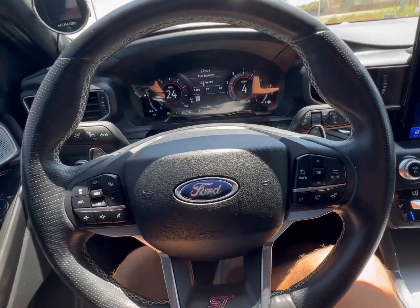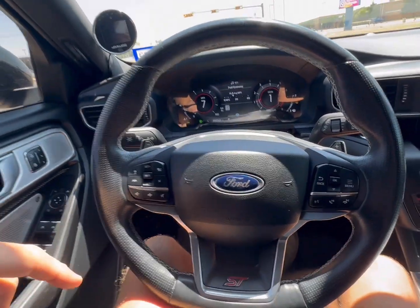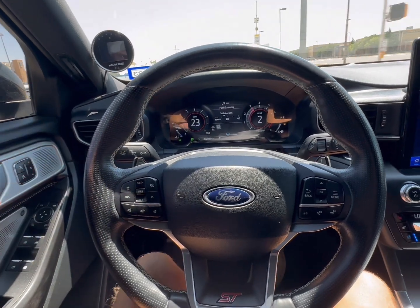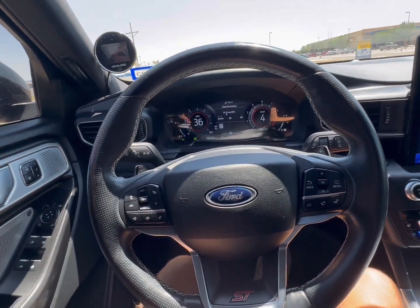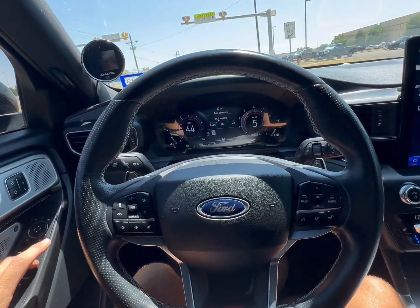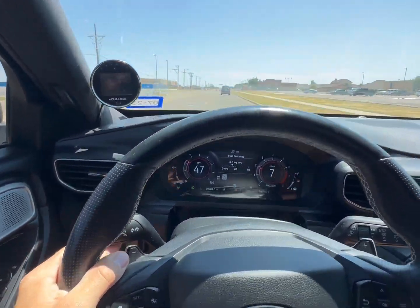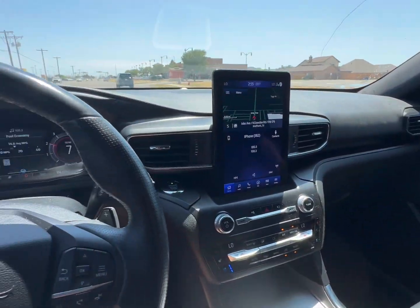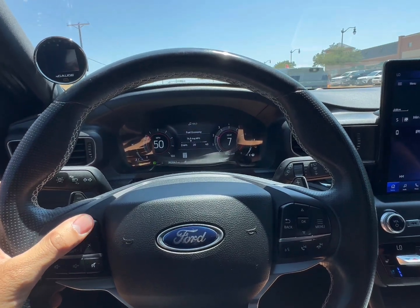Once that's all finalized, then I'm gonna make these moves: sell the Can-Am, sell the F-250 or trade it in, and either trade in the F-250 and get something else, or sell the F-250 and then go buy something or order something. Not too sure what we're gonna do yet, but anyway, just want to give you guys a little bit of an update. We're on our way right now to a project job site that we are doing the